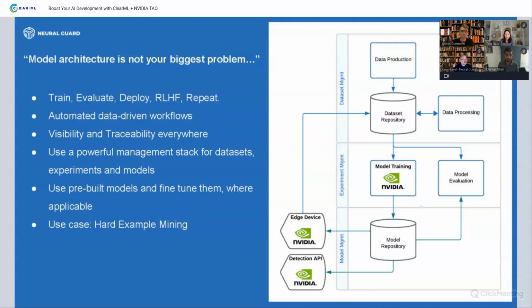When deploying on the edge device, we also use NVIDIA software and hardware, and products such as TAO allow you to focus on, how should I put it, maybe less exciting things like the data-driven pipeline, the dataset, the repository, and take a proven solution or pre-built model.